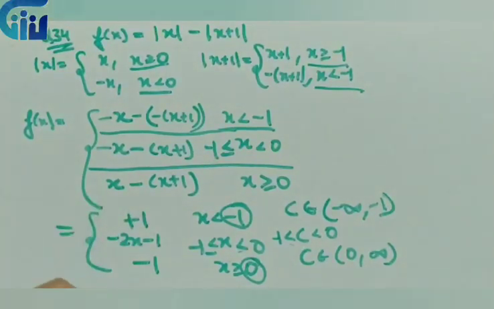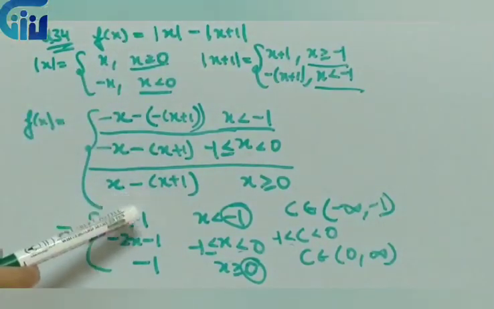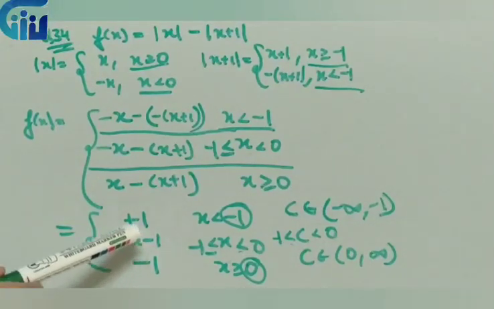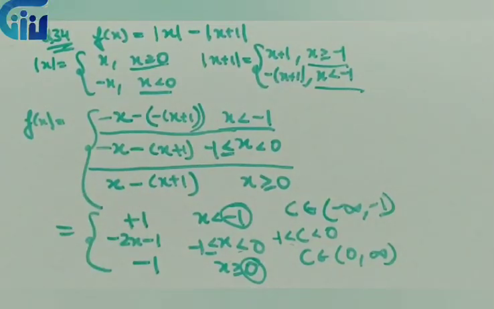So what is my question? My question has changed to this particular form. And do remember, for all these questions, whenever two mods are involved and we have a minus sign in between, there is a pattern for doing these types of questions. Just grab the pattern. If we have mod and a minus sign in between, first and last will be opposite of each other, and in between we will have a different function. Always. If it is a plus sign, we will have a function here and a constant value over here. If it is a minus sign, we will have a function value over here and a constant value in the first and last place. These will always be opposite in sign to each other, right?